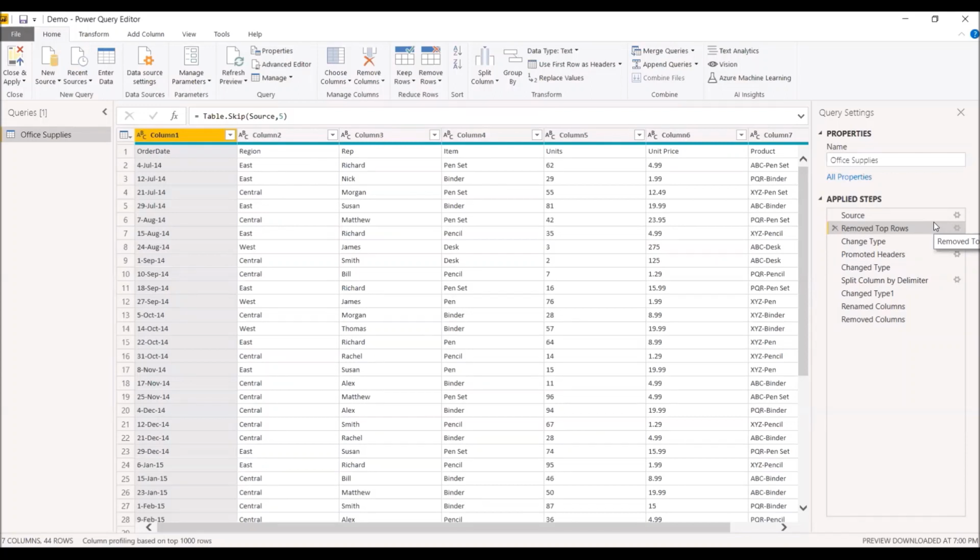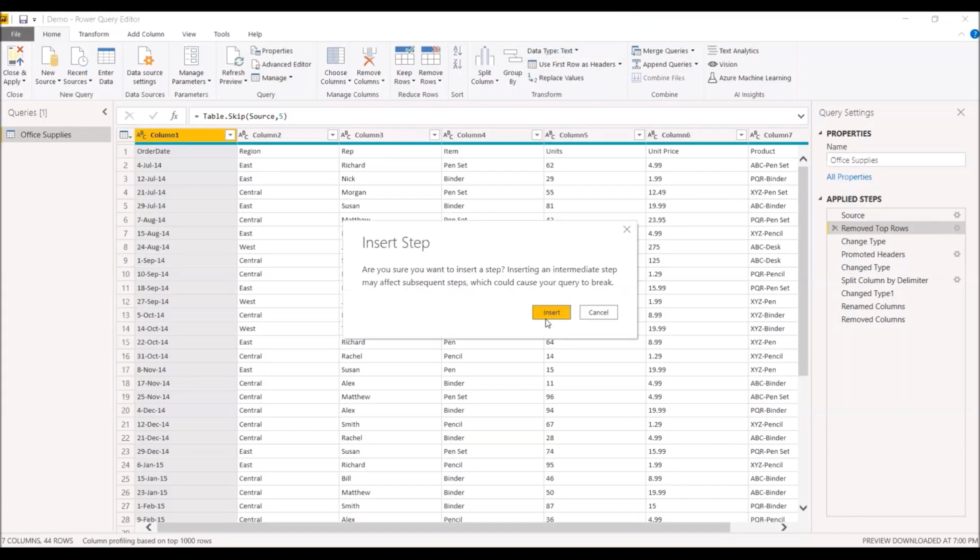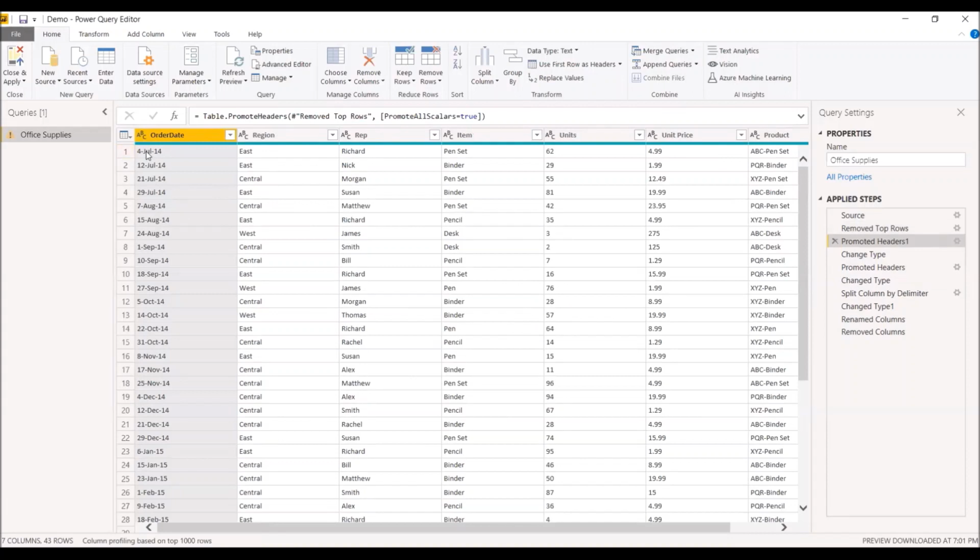Now I know my first row has column headers. Okay, so what can you do in this case? So basically I want my first row to move into the column headers. For this, what I do is I click on use first row as headers. Again, I'll just click on insert, and now if you carefully observe, my first row has become my column header.